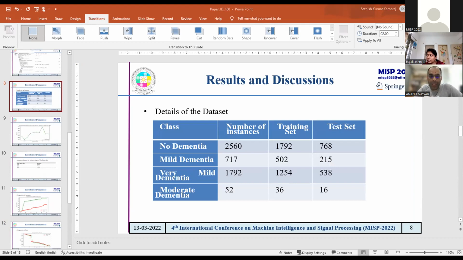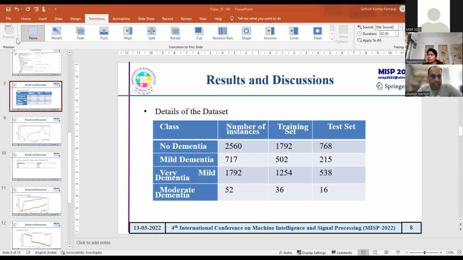Do you think that 70:30 is the perfect proportion for applying swarm intelligence, because you have to take many assumptions then? Yes, sir. I referred to many journal papers, and based on that, I took 70:30, sir. Anyhow, I will try 80:20 and 90:10 also in future. 80:20 is the perfect ratio rather than 70:30. Sure, sir.